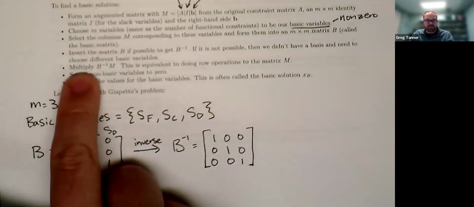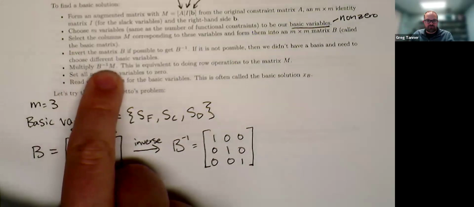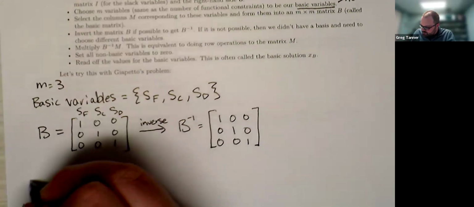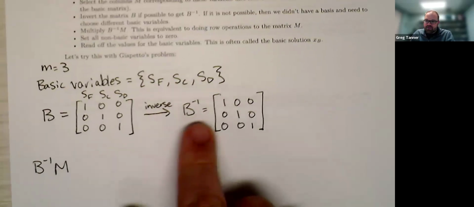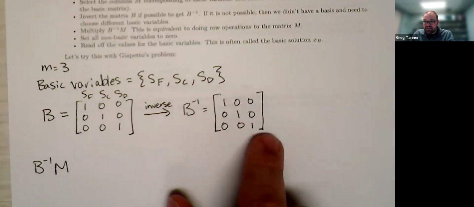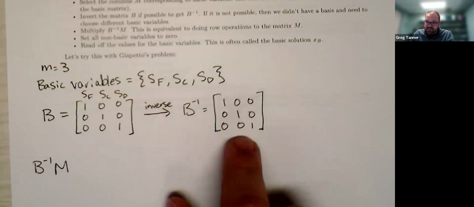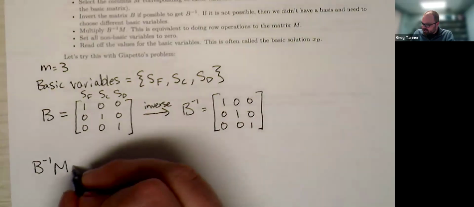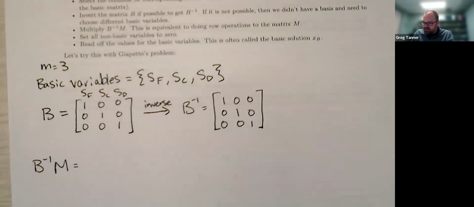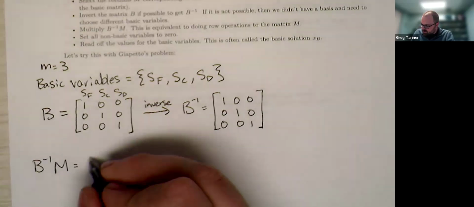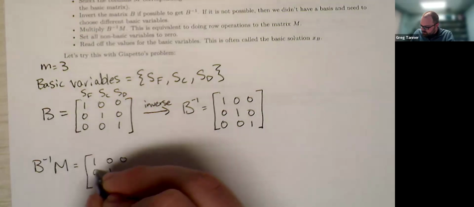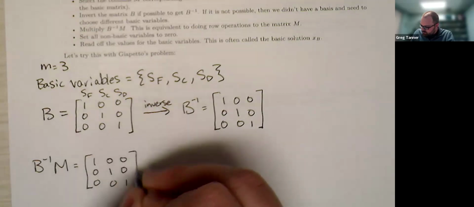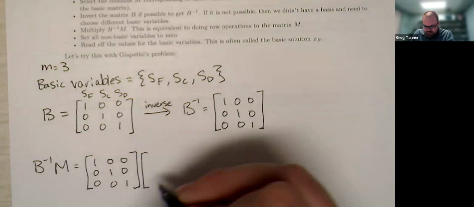The next step here is to multiply on the left B inverse times our M matrix. And now in this case, B inverse is the identity matrix. If you multiply the identity matrix times any matrix, it doesn't change. And so we just have this 1, 1, 1, 0, 0, 0, 0, 0, 0 matrix multiplied by our M